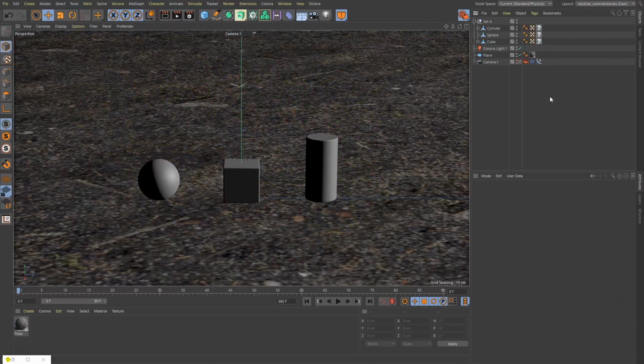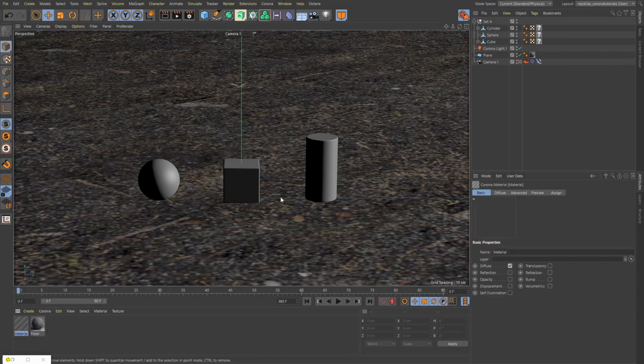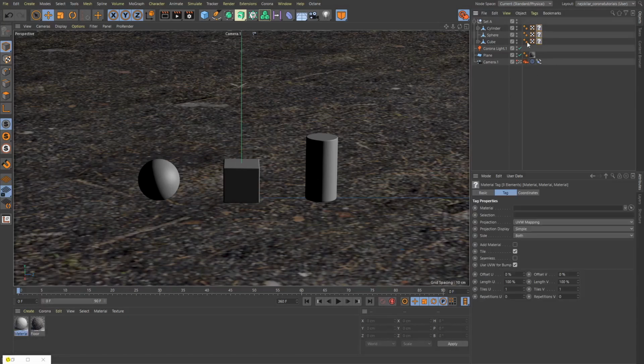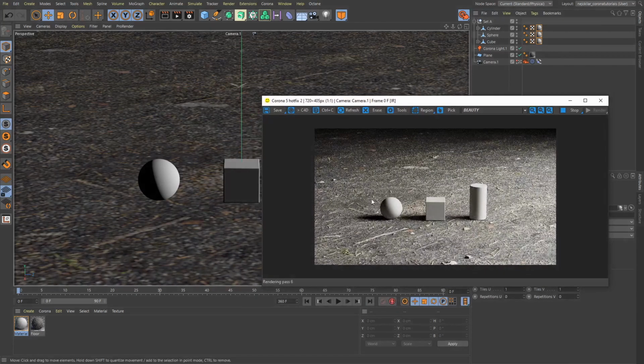So we're starting anew here, and as you can see, we have our three hero objects, and they don't have any materials applied to them. So now let's start at the very beginning, and let's create a new Corona material, and let's apply this material to our object here, like this. There we go. Now if I bring up the interactive renderer, you can see that we have our basic Corona